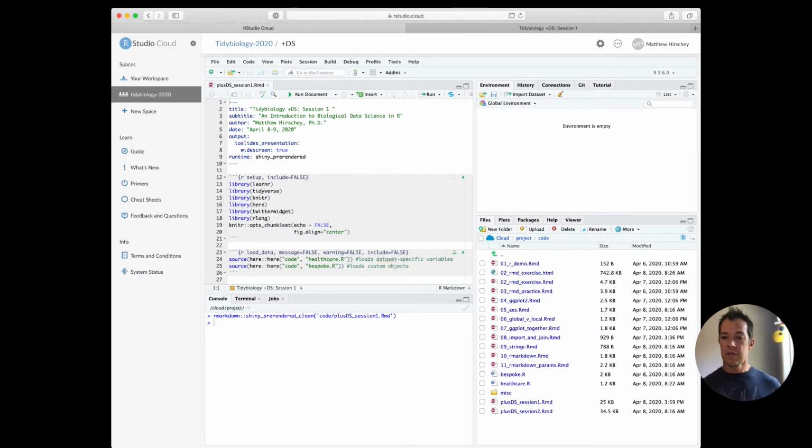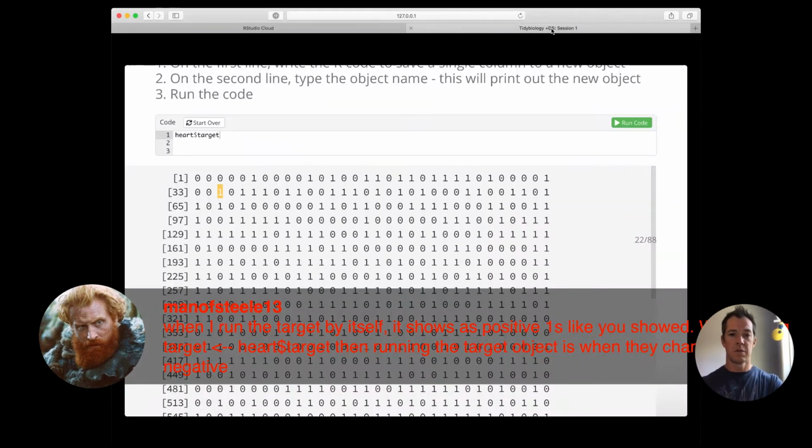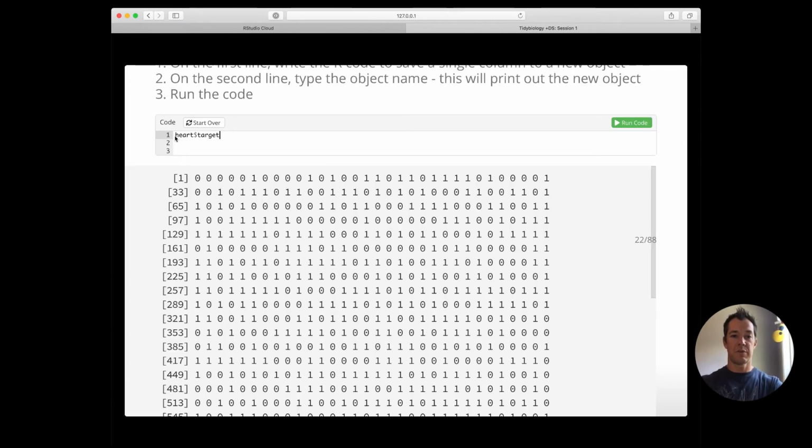Okay, so maybe just one more question. When I run the target by itself, it shows positive ones like you showed. When running the target object, they change to negative. So this is what one of the users said here. This is strange behavior. So what this user is saying is if we go here, target, run code. So let's go like this. So this should look like this, okay? And then if we assign it to target,